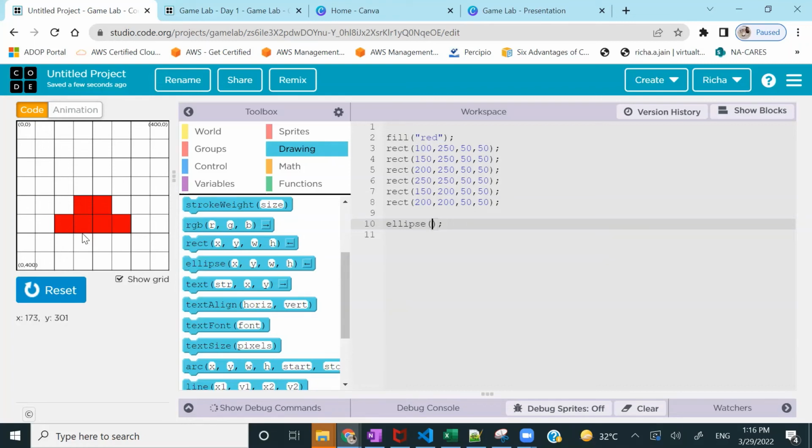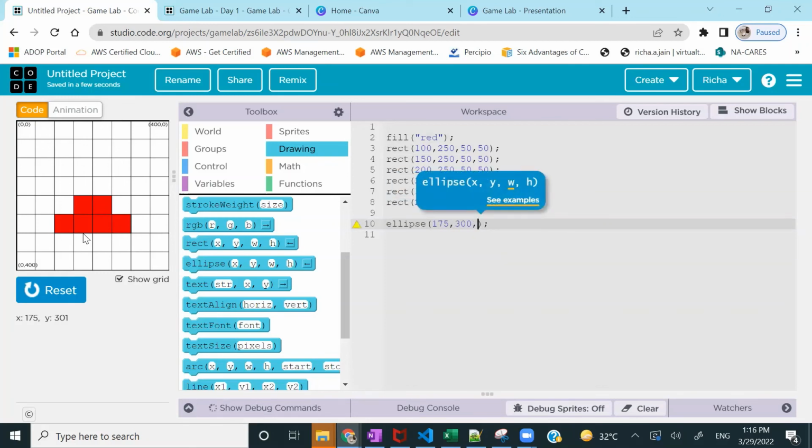So if I want my car wheel to be created somewhere here, the center position will be somewhere here. Okay, you are saying 170 and 299 is coming, but it is because the mouse pointer cannot be that precise. So it is actually 175 and 300. So I will say 175 and 300.